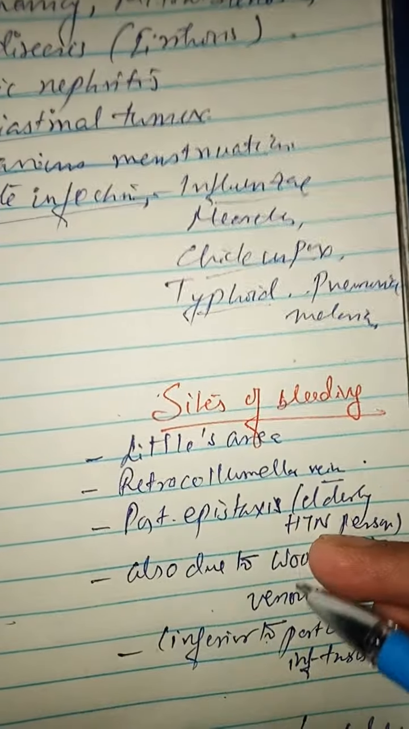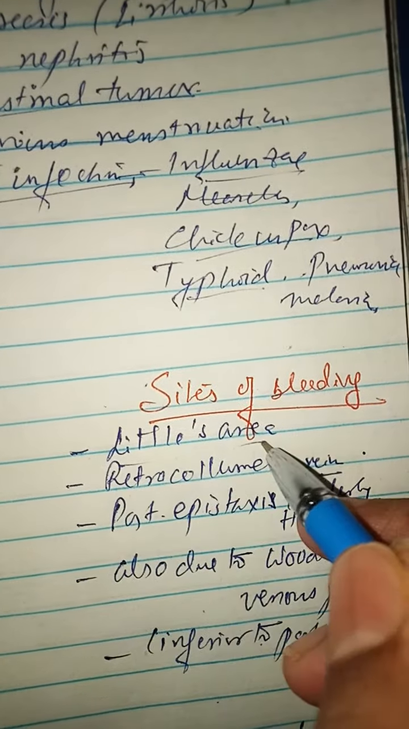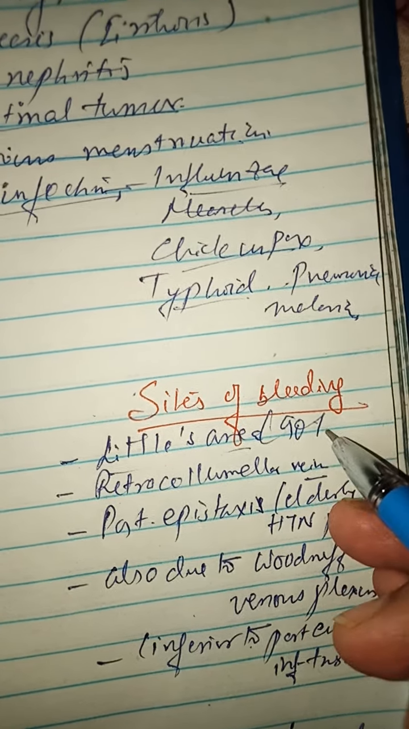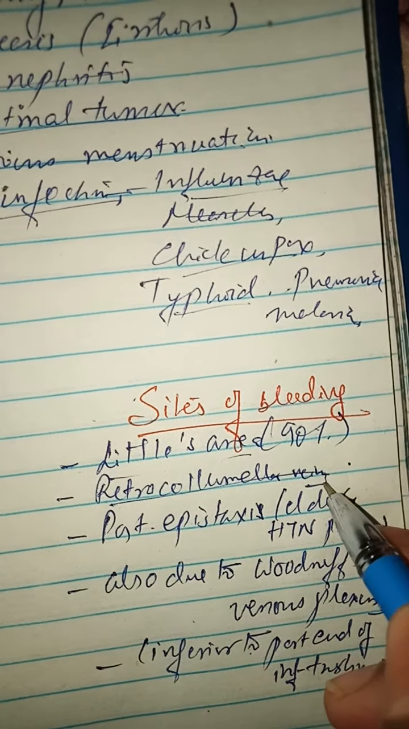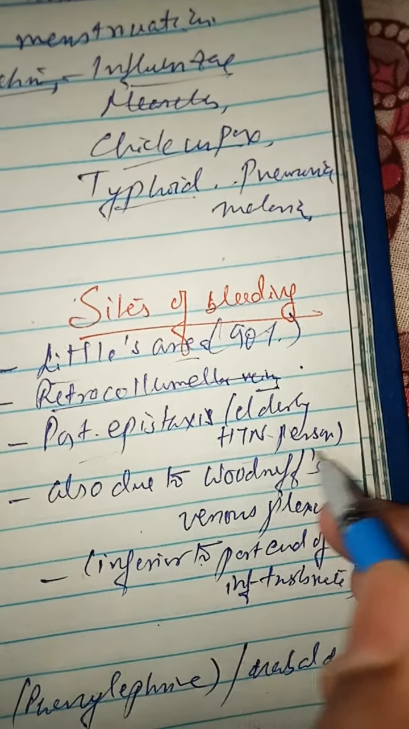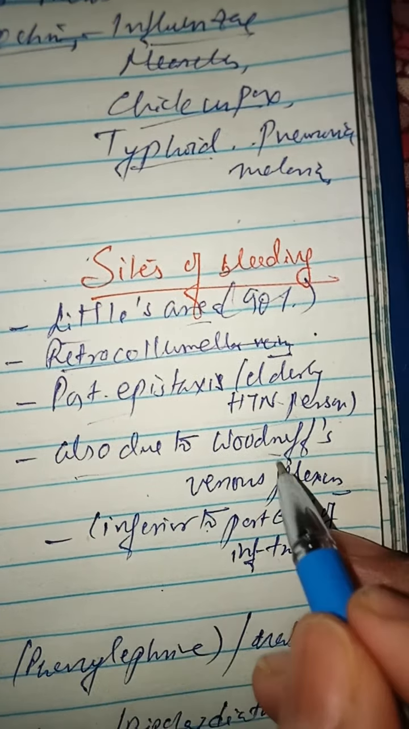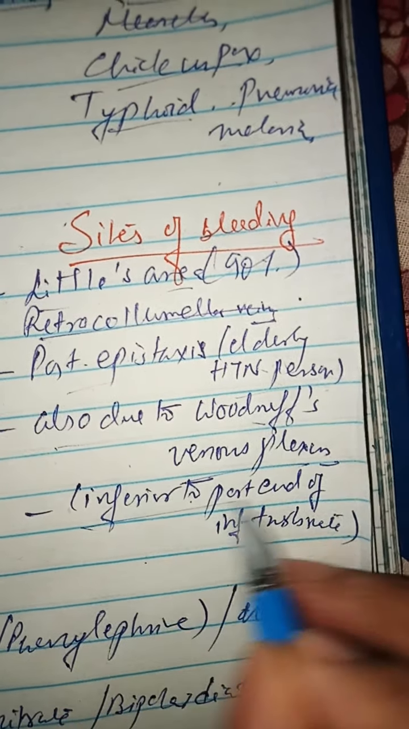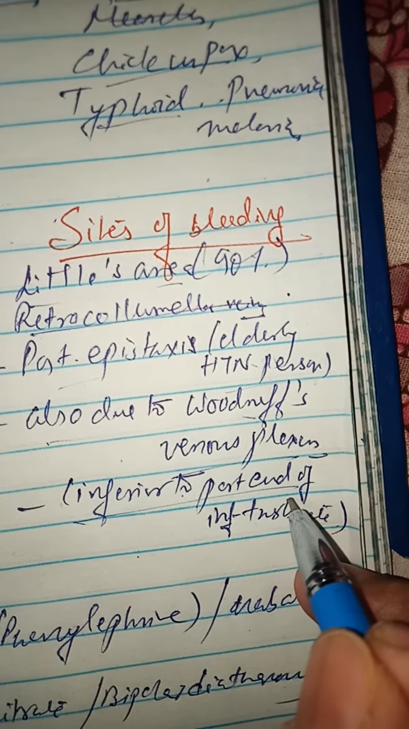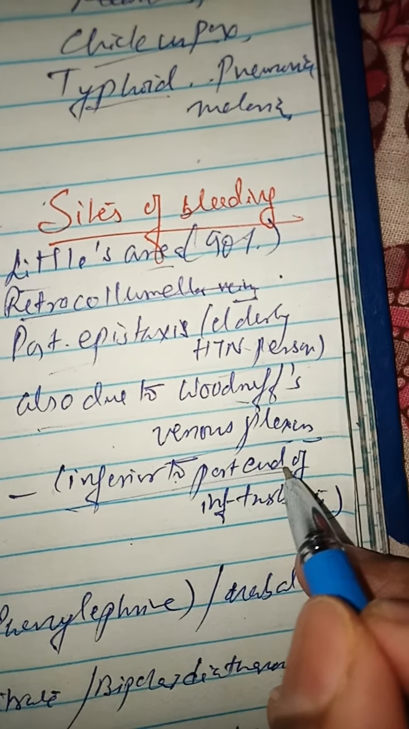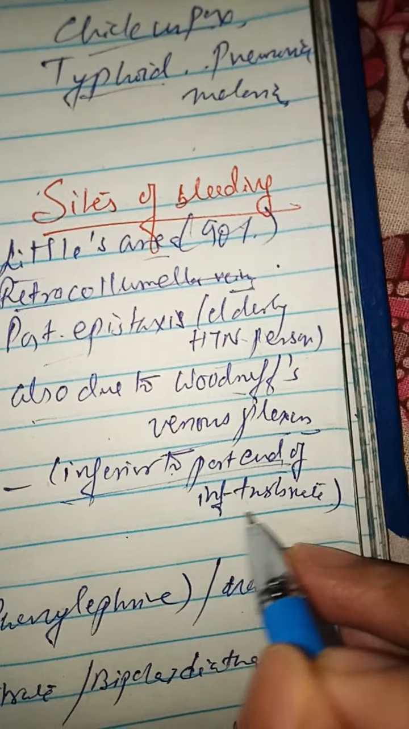So what are the sites of bleeding? I have already told that in 90% of cases it is from Little's area. Then the retrocolumellar vein, posterior epistaxis in elderly persons due to hypertension, and also the venous plexus, the inferior venous plexus, which is present inferior to the posterior end of the inferior